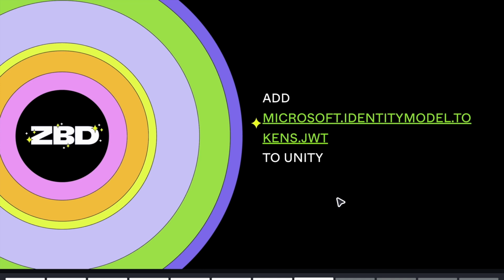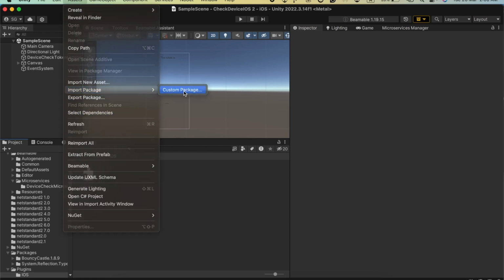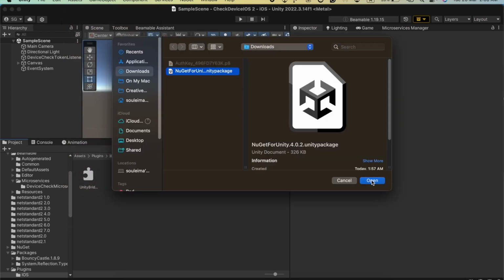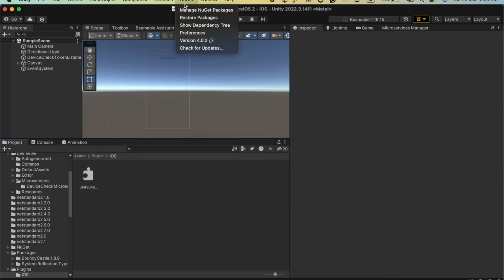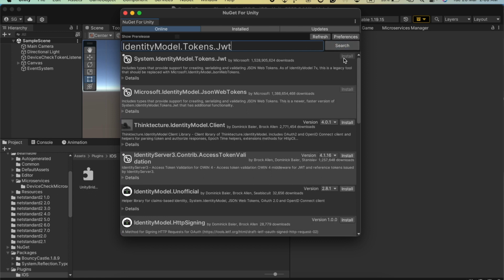There are two methods to import this library into Unity. The first method is to add NuGet to Unity by uploading the NuGet Unity package. Then, click on NuGet, manage NuGet packages, and search for Microsoft.IdentityModel.Tokens.Jwt. Click on Install, and it will automatically install the necessary packages to allow us to create JSON Web Tokens using